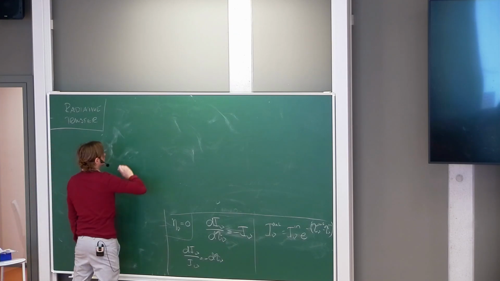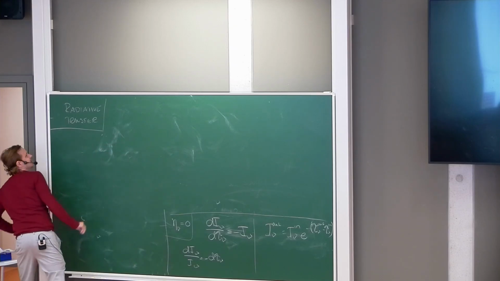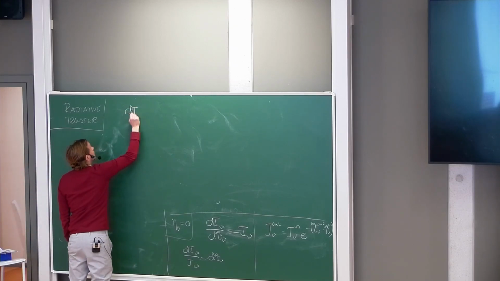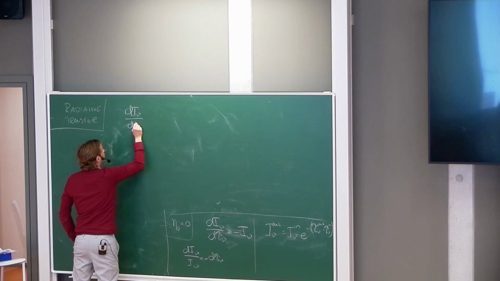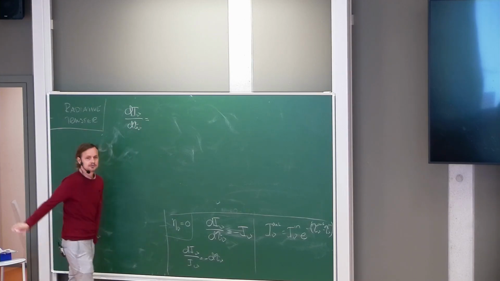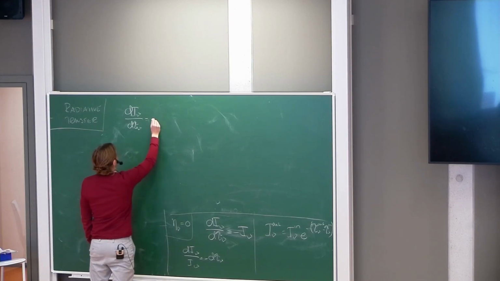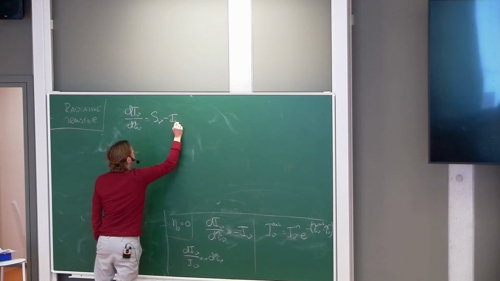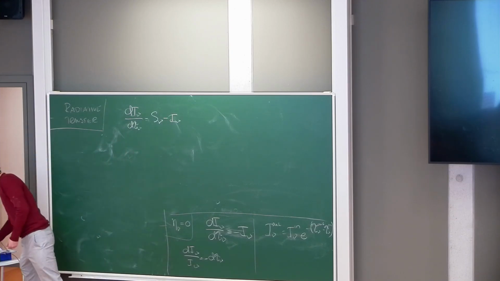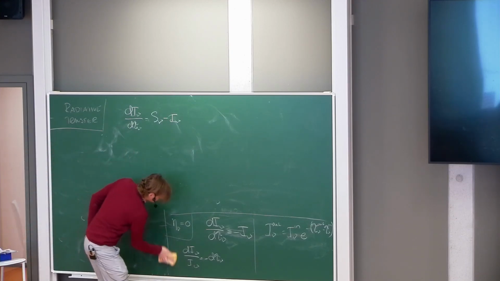So then we have to solve the full equation. And again, I'm going to write it on this form, okay? S nu minus I nu. Okay. So how do we solve this? Well, this is